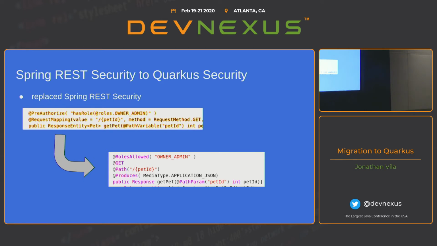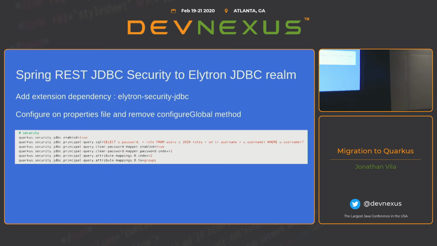So well, in this case, you can do more things with this language expression for the roles that we cannot do with Quarkus. And in this project, the security is persisted into database, and it's using JDBC. For that, we have to use Elytron JDBC extension in Quarkus. We configure in the properties file the query to get the username and the role, and that's it.